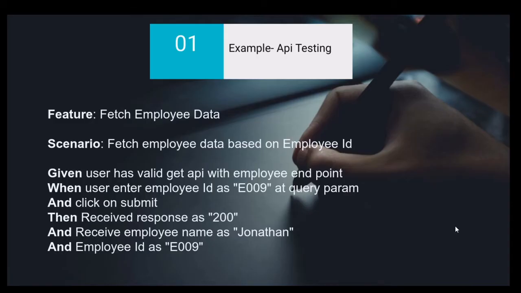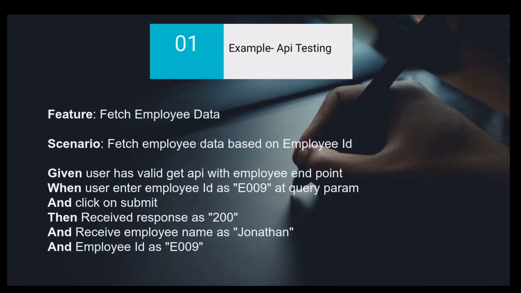In case we have a search scenario based on one or two fields only, then we should write only one scenario for that. So it will decrease the duplicacy or redundancy of the test cases. Here is the first example I'm going to present, of how we can write the test case manually, which can be consumed directly in our automation test suite.